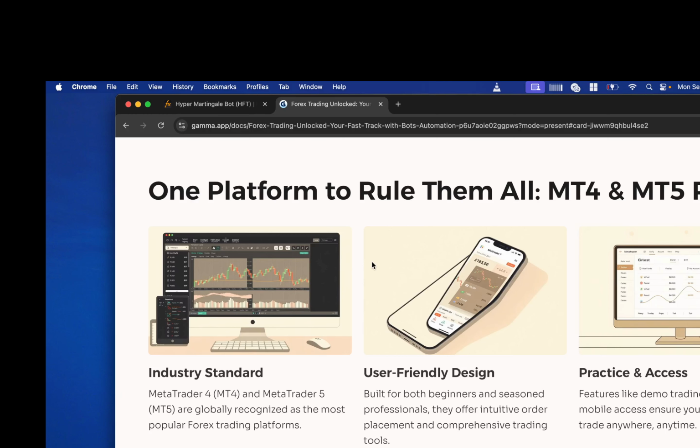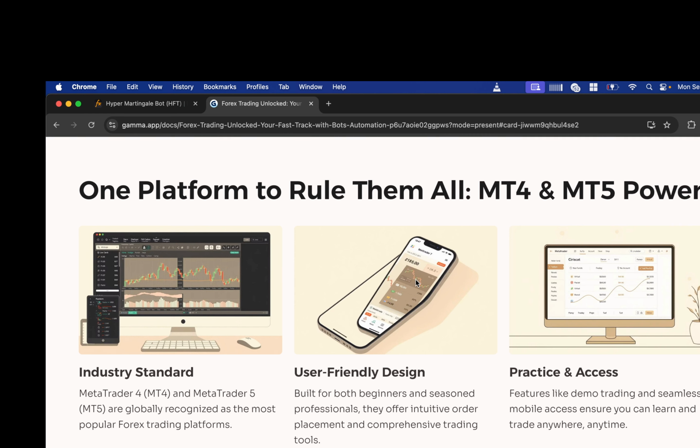For doing forex trading, the easiest software used for both manual trading and automation is MT4 and MT5, a very old platform used in the forex market for fast trade execution and fast analysis.